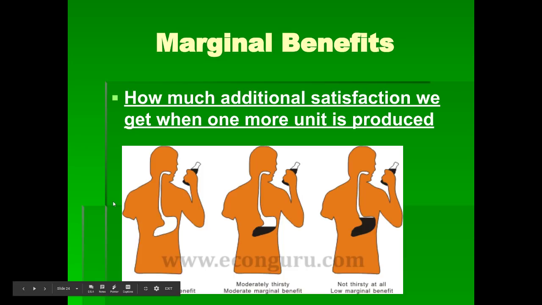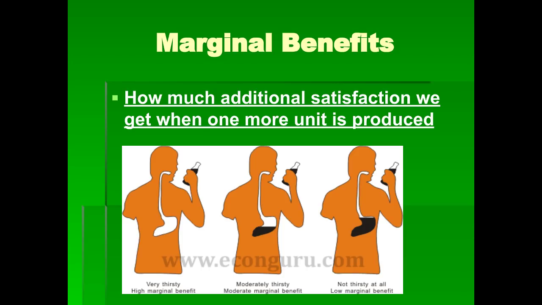So we have three pictures here. The one on the left, we have someone who is very thirsty. And if you give them a bottle of water, they'd probably be very happy because they were very thirsty. They'd be very satisfied. There'd be a high marginal benefit. If you have someone who's kind of thirsty, but not really, and you give them a bottle of water, they'll be kind of happy, right? They kind of benefit from the water, but they could have done without it. And then lastly, if we have someone who just got done drinking 5 bottles of water and you give him another, he won't be happy at all, right? There'll be no marginal benefit to giving that person the bottle of water.